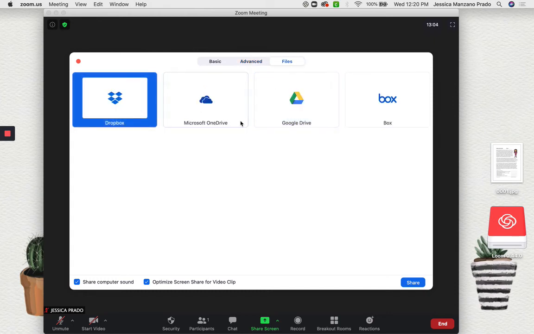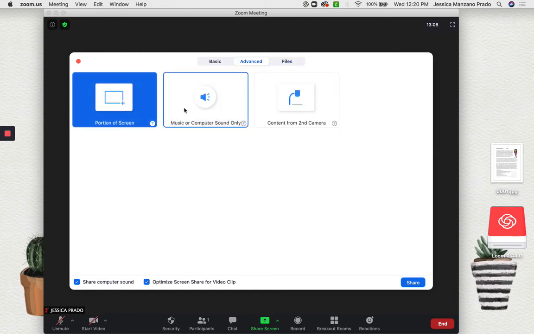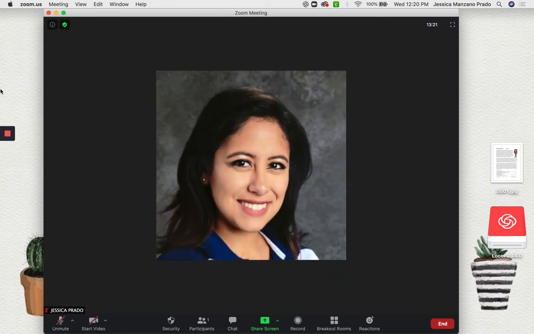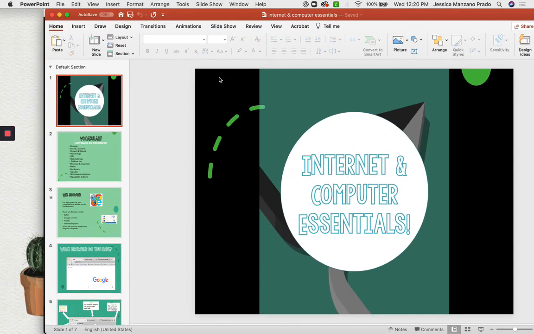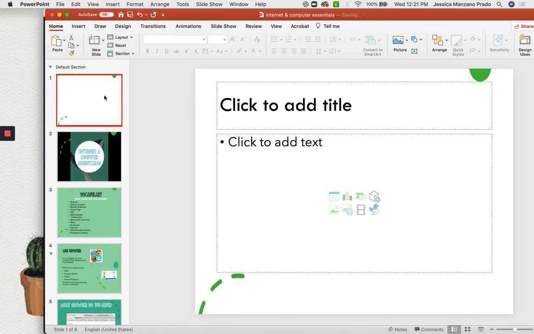Files, if I want the students to see a file, I can go to my Google Drive and collect it from there. I actually want to share music with them, so this is a great feature for when you have students waiting and you just want them to see the music. You can put a little classical music while they're waiting and put some instructions here. So what we could do is you open up a PowerPoint and we're going to be doing our lesson for today, but before that I'm going to go ahead and put